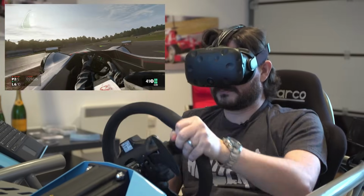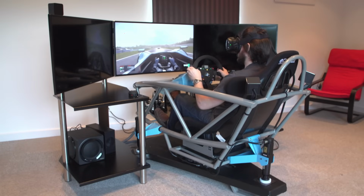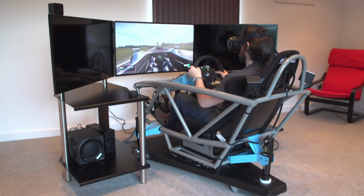anywhere. It's going to change our relationship to cars in the future completely when such experience is available in your front room. This has been twice over the best racing video game experience I've ever had. Frankly, I just want to put this back on and spend the rest of the afternoon going round and round